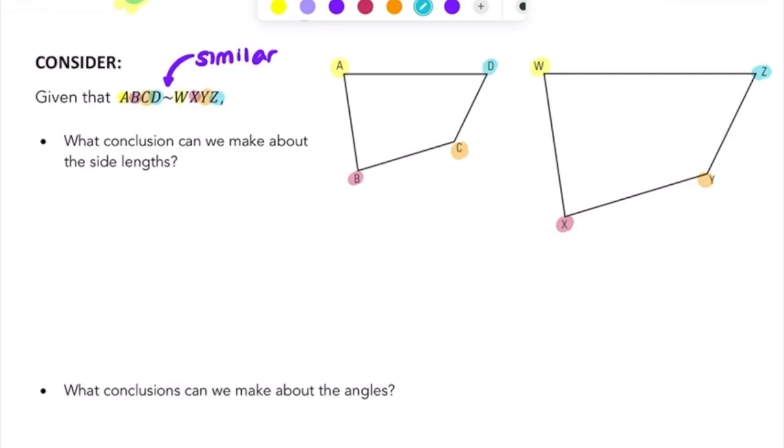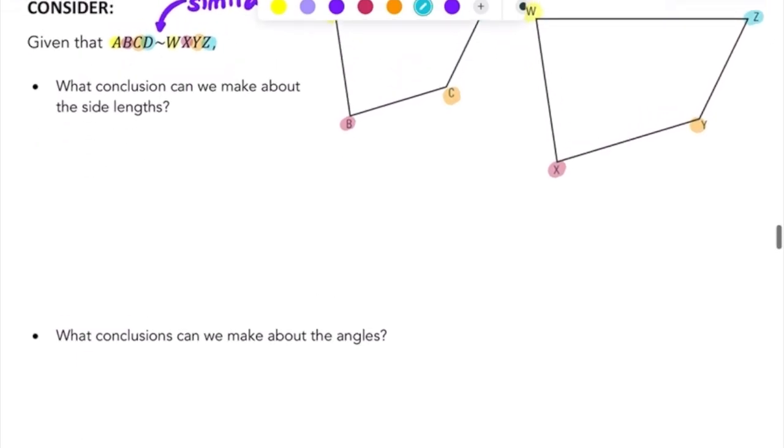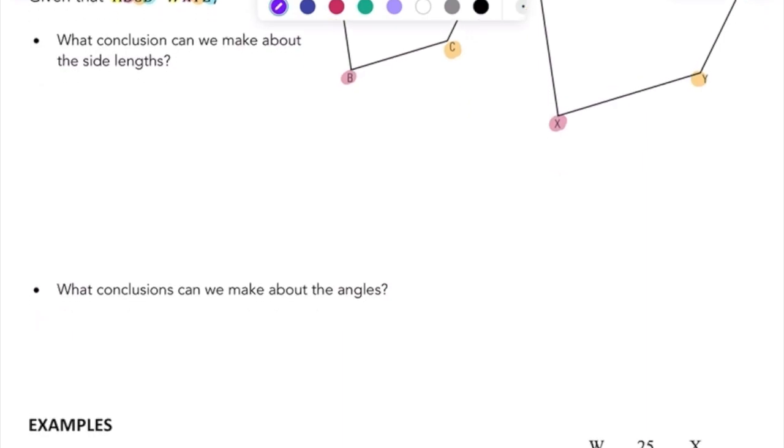Now, I know the first part of this says, what conclusions can we make about the side lengths? But I'm going to actually jump to what conclusions can we make about the angles. Well, we know in similar shapes, two bits of information are clear to us. Thing number one is that if we found the scale factor for every single pair of corresponding sides, we'd get the exact same number. The second thing we know is that all corresponding angles will be equal. So what conclusions can we make about this graph? Well, since all corresponding angles are equal,